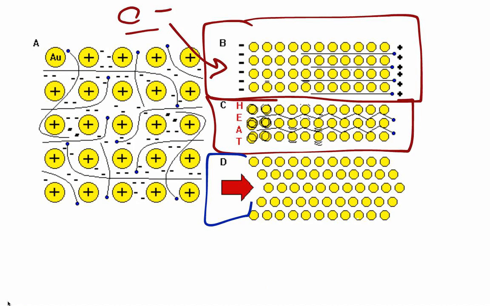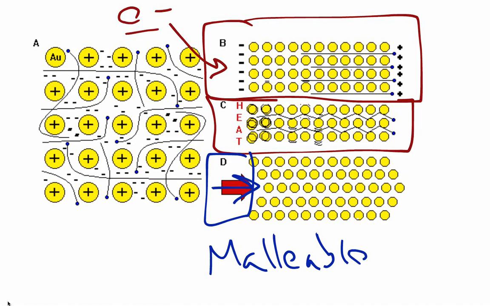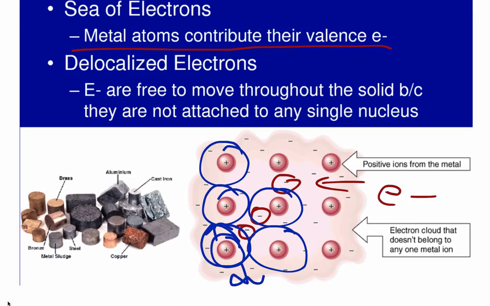And so, again, if we apply a pressure to them, if we push on them, if we test their malleability, so this would be a test of substances' malleability, what happens is the positive ions can move out of the way because they can shift on that sea of delocalized electrons. So it allows metals to be malleable, which means we can form them, we can pound them into sheets, we can roll them into pipes. So there's lots of things we can do with metals due to, again, the nature of these delocalized electrons.